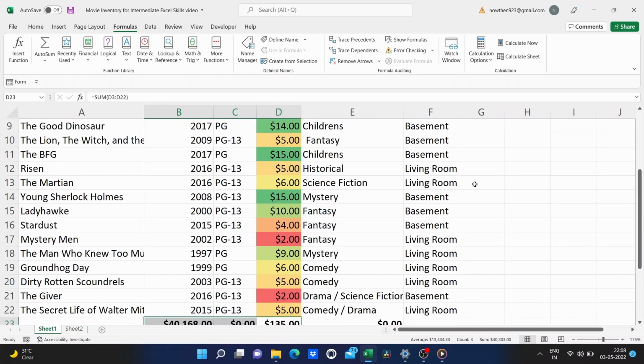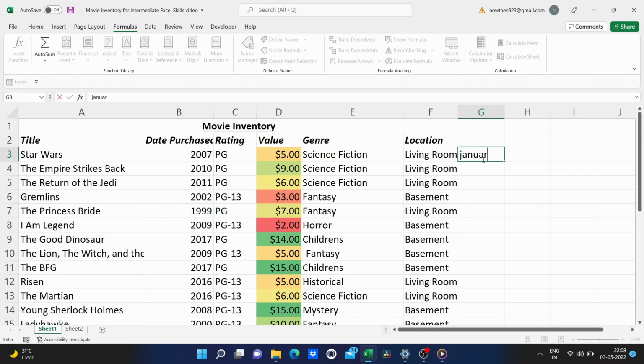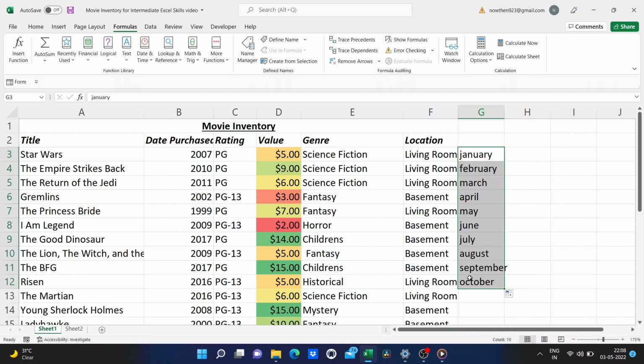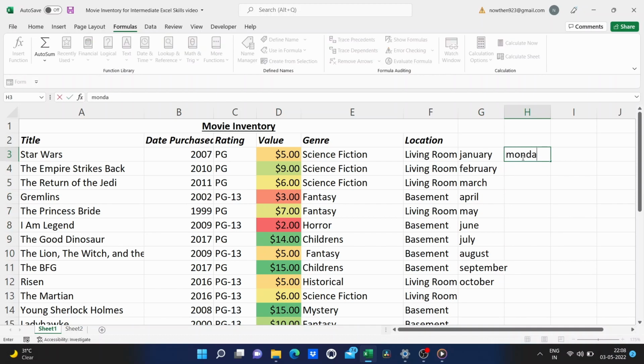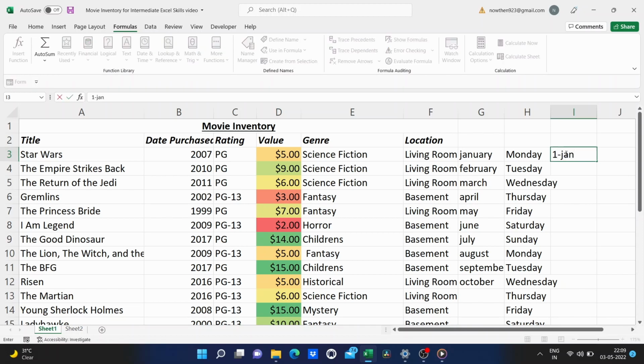It's especially good for anything related to time. For example, dates. Let's say I want to put in each of the months of the year. With dates and times, you don't even have to establish a pattern. You can just click in the first thing that's related to date or time, and then just go to the corner, click and drag, and look, it automatically knows what comes next. Same with days of the week, same with full dates, and it's also the same with times. So this autofill handle is just a lifesaver, a time saver for sure.